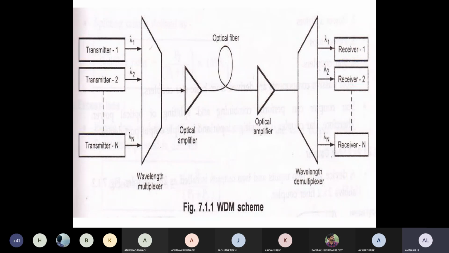Okay, so this is a very simple concept, like TDM, like FDM. Here also the WDM scheme is being implemented. Very simple scheme and very simple representation. Please make a note of this particular diagram. Very important. In the examination, they will ask you to explain the WDM scheme. At that point of time, you need to write this particular answer. I'll give you 2 minutes of time, so please make sure to write this particular diagram, all of you.